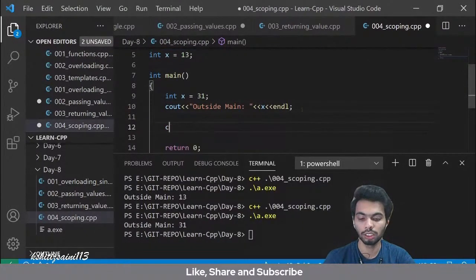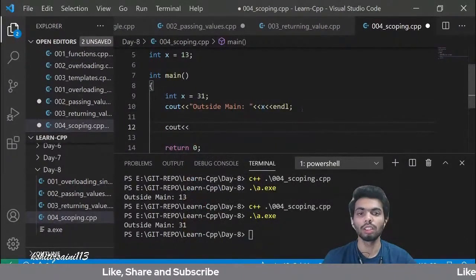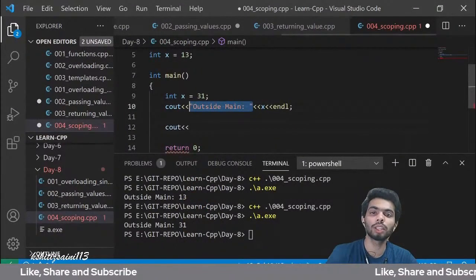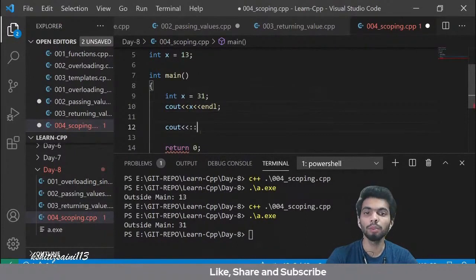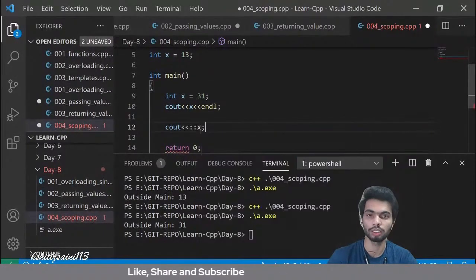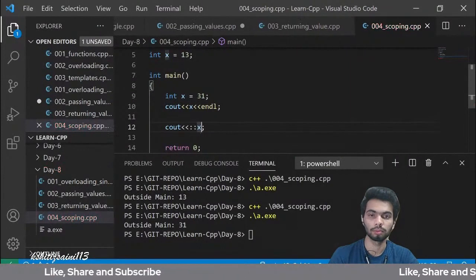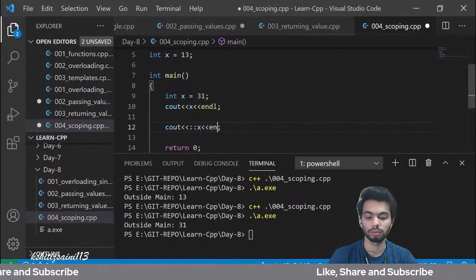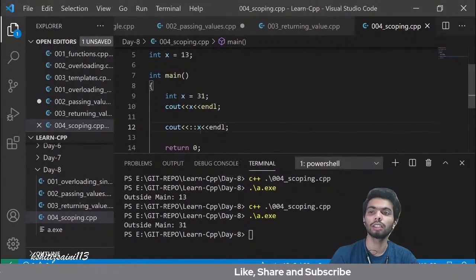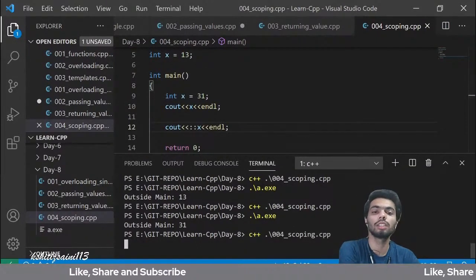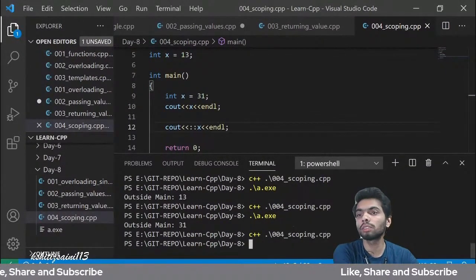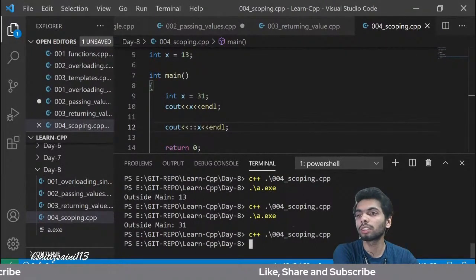तो आई एम यूजिंग cout, आउटसाइड मेन को हटा देता हूँ, वैल्यू से ही पता चल जाएगा कि कौन सी वैल्यू एक्सेस हो रही है। एंड आई एम यूजिंग स्कोप रेजोल्यूशन ऑपरेटर x, ठीक है। अब नाउ लेट अस रन द, नो इट विल फर्स्ट टेक ग्लोबल वेरिएबल whereas in second time।